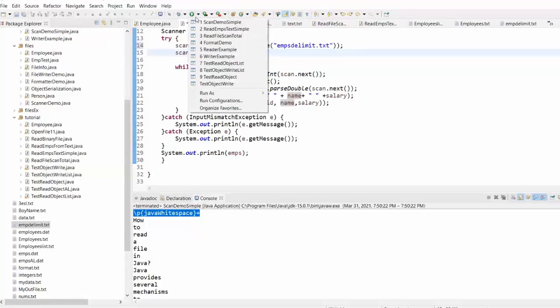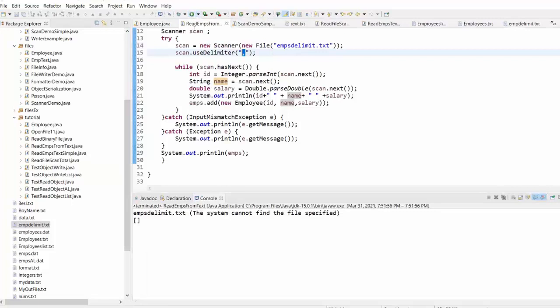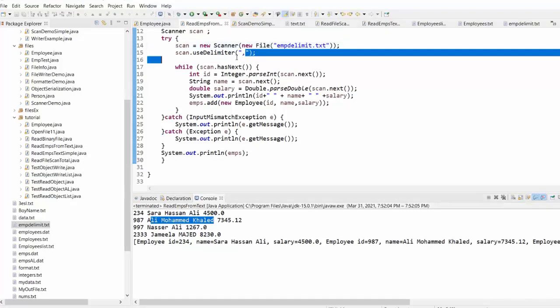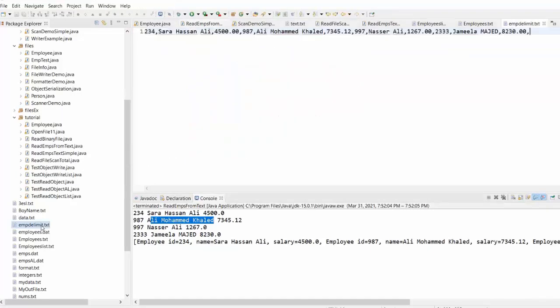Let me run this. Hopefully it works. The file name is emp, remove the s only. Yeah, run. Does that make sense, guys? You see this now? Sara Hassan Ali, we have no problem. Mohammad Ali Khaled, no problem, because we are using what? Delimiter. If your code uses another delimiter, like vertical bar,